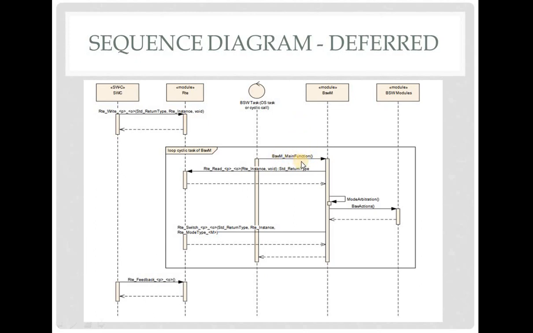In every main function, BSWM reads the mode request. Then arbitration is done, the corresponding action is done, then the changed mode is informed to RTE via the switch port, RTE switch, and the software component will in turn read the feedback from RTE.